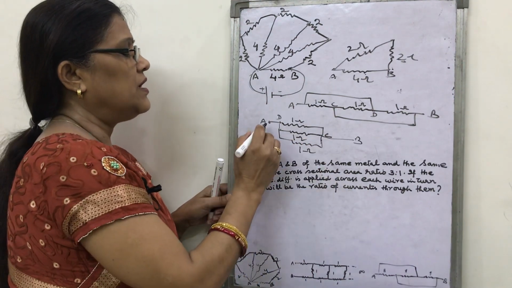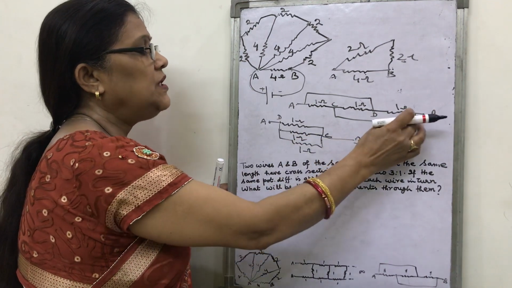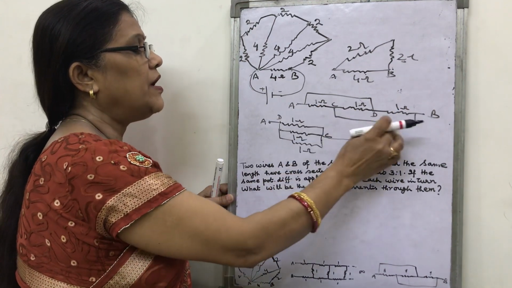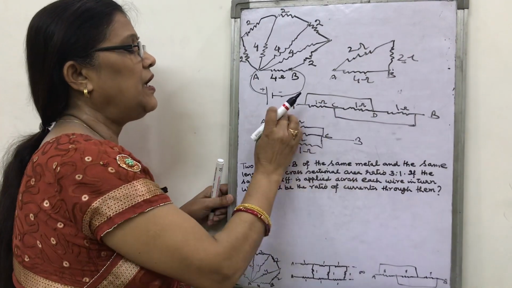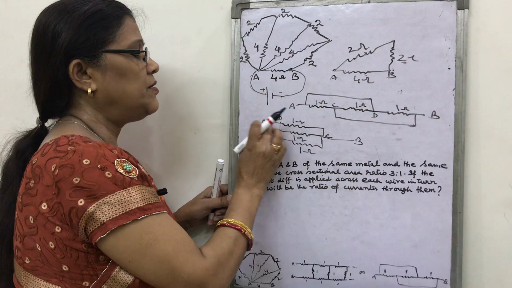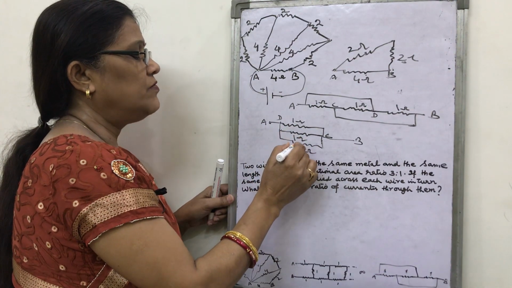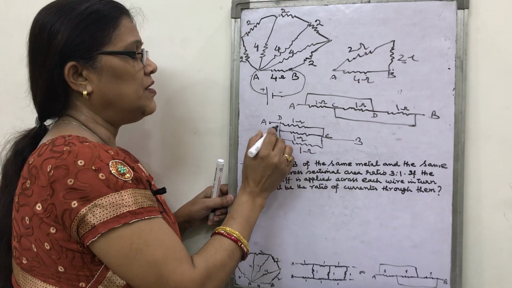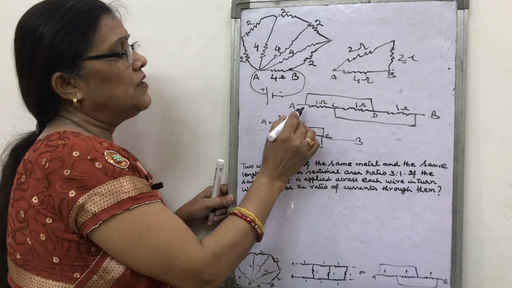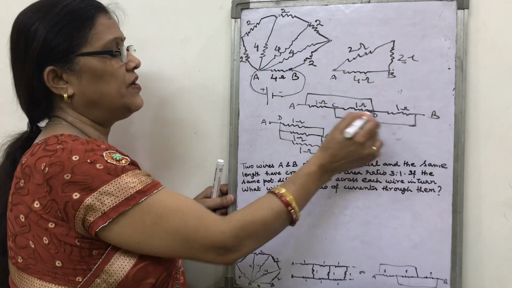Look here that B and C, they are the same point. A and D, they are the same point, and here 1 ohm, 1 ohm, 1 ohm, 3 wires are connected in parallel. How are they connected in parallel? Because these connecting wires are shown in the figure like this.